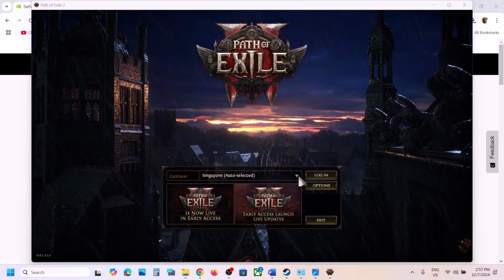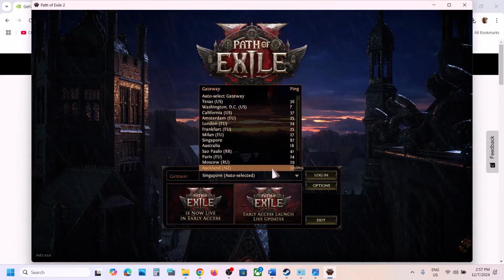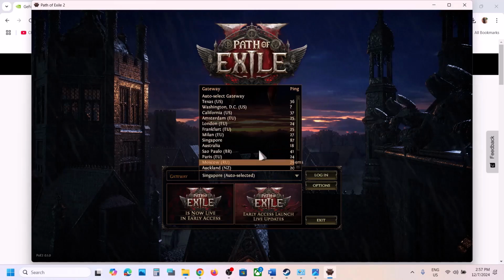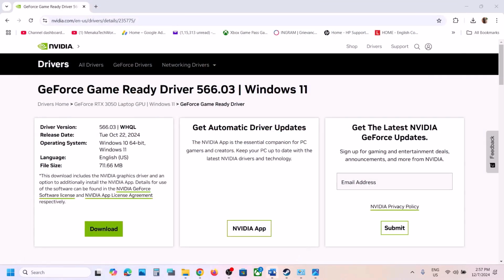And you can even try a different gateway over here. So try a different region over here and then you can check. Now if it's still not working,